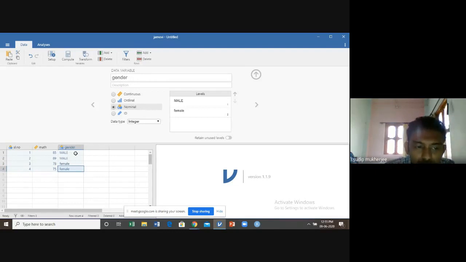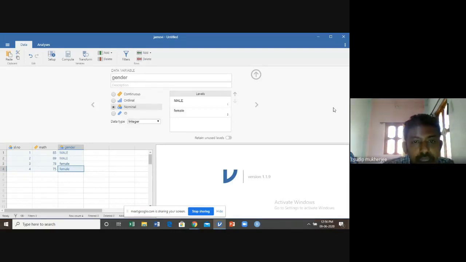Once you see the data set with male and female, it is clear for all that the first observation is for a male student, the second observation is also a male student, the third is also a female student, and the fourth is also a female student. Viewing the data, it is clear the first 2 observations are for male students and the second 2 observations are for female students. So using this particular data variable tab, you can quantify the categorical variable in terms of 1, 2, 3, 4 or whatever you can use.